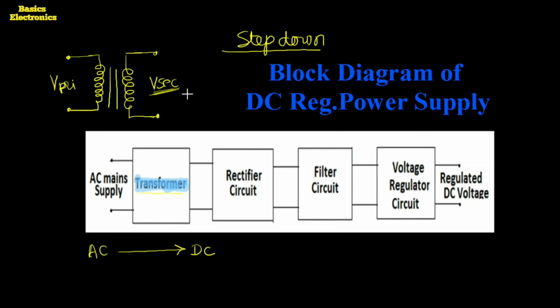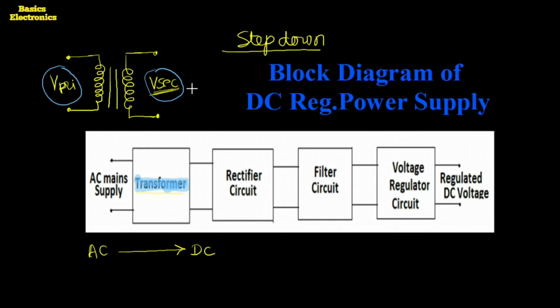The number of turns of the secondary winding is less than the number of turns of the primary winding, so it provides a lower secondary voltage than the primary voltage. In the regulated power supply, we generally use the step down